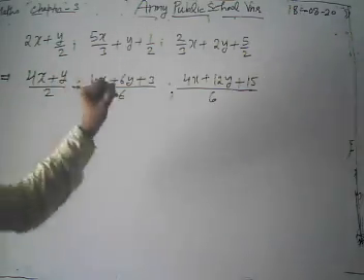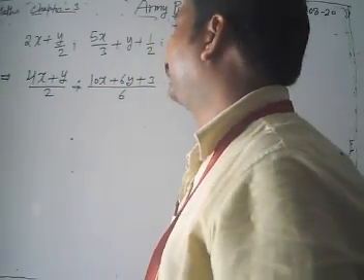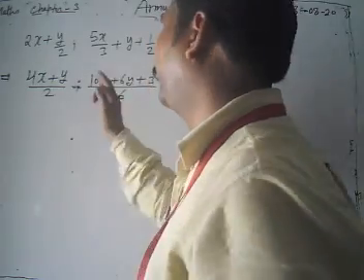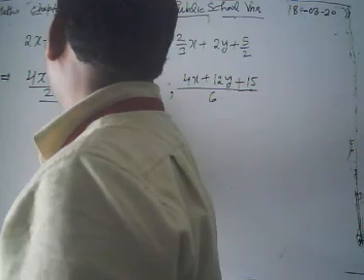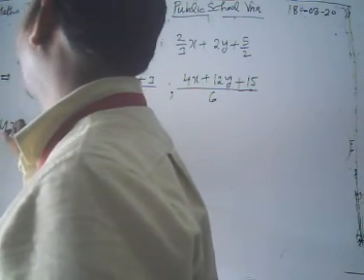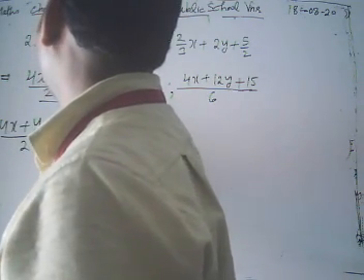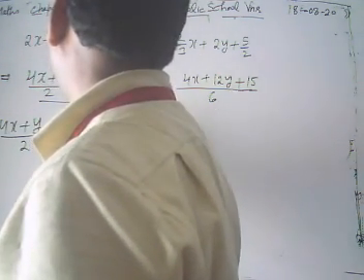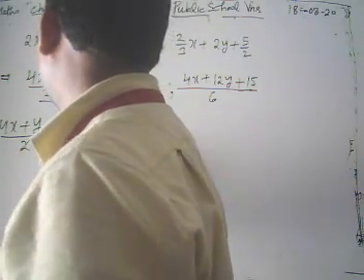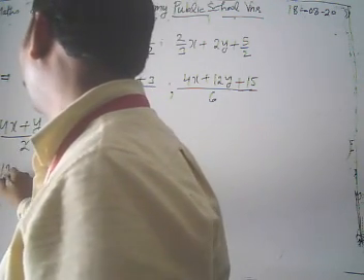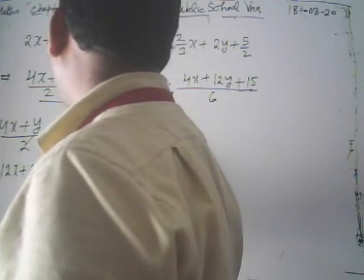Now look, it's given that these are the lengths of sides of a triangle, and the triangle is equilateral. If the triangle is equilateral, then all three lengths of the triangle are equal. First of all we are going to take the first two. Because they are sides of an equilateral triangle, we equate 4x plus y by 2 with 10x plus 6y plus 3 by 6. Then 2, 3, 6, what do we get? 3 into 4, 12x plus 3y equal to 10x plus 6y plus 3.